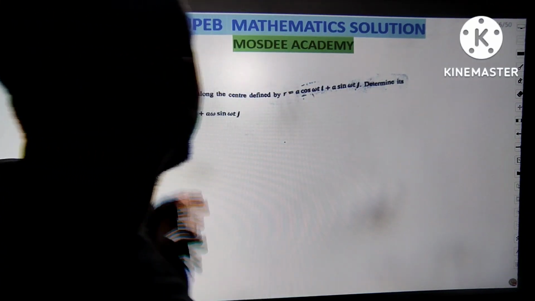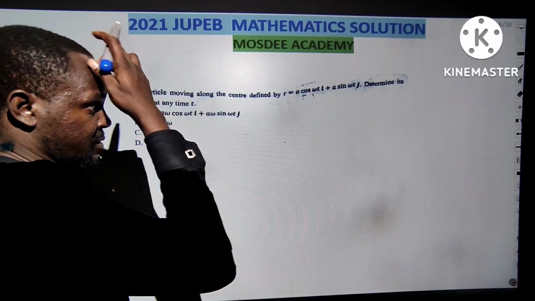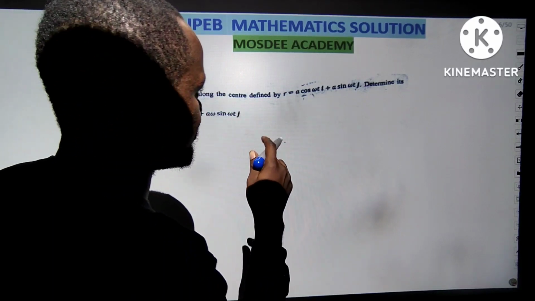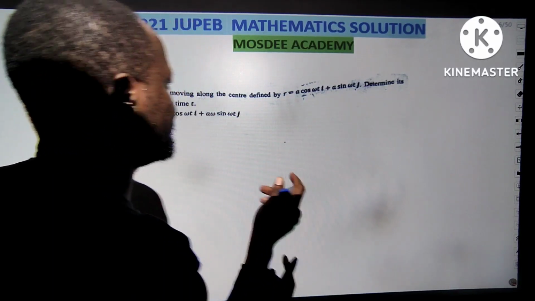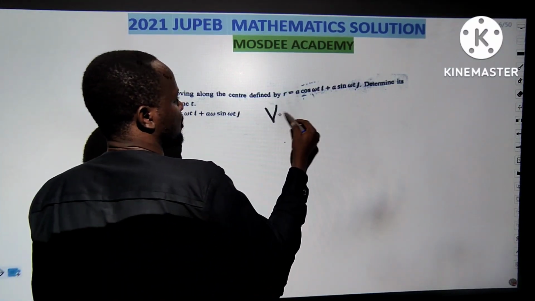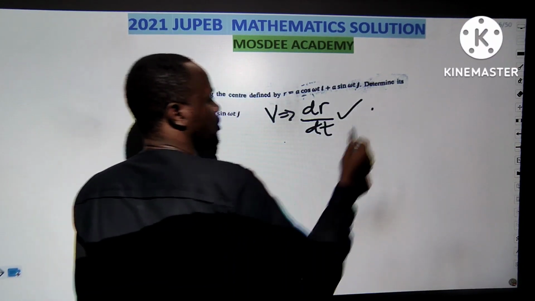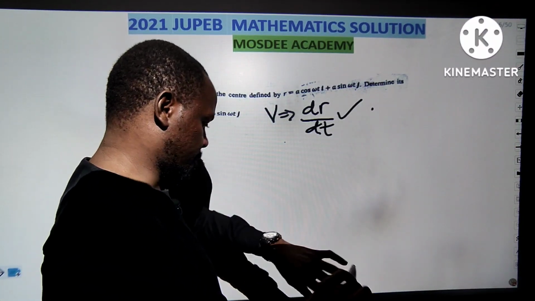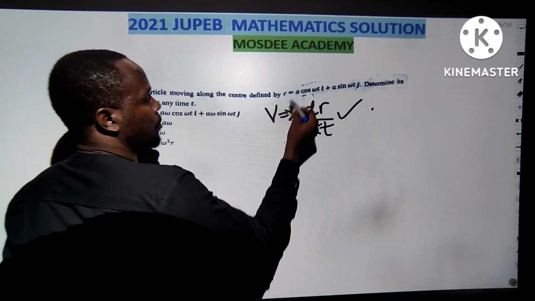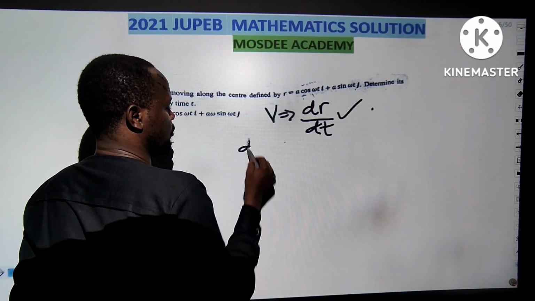Thank you very much. A particle is moving along the center as r equals a cos omega t i plus a sine omega t j. Determine the speed at any time. Speed is equal to dr by dt. This is what the derivation video in my chapter of physics covered. I've done some similar things like this. So dr by dt will be equal to,